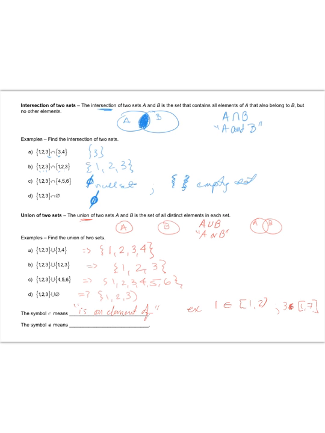This symbol, an E with a line through it, means is not an element of. So for example, 3 is not an element in the set 1, 2. And maybe we should change these to sets. Let's make them all sets since we're talking about sets. 7 is not an element of the set 0, 10. So we should be familiar with those two symbols as well. If you have any other questions, you should look in your book in chapter P1, where we discuss and